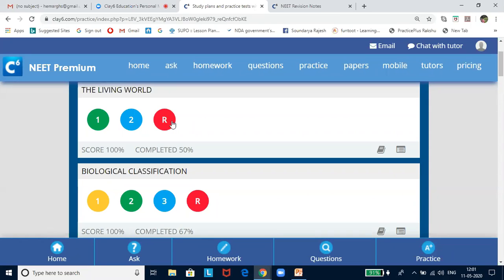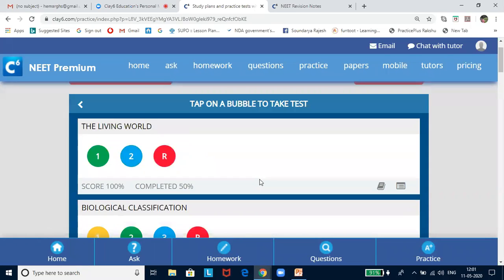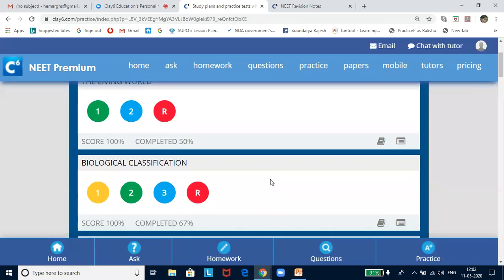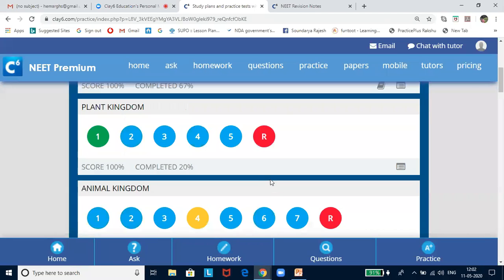And this red bubble R shows that it is a randomized test. After doing all this, if you get back here, you can see how well you can recollect, since it is a mixed bag. That's why it's called a randomized test. If it is yellow, you might have started the test but not completed it. The possibilities are that you might not have prepared well for the test, or your net connection might have been bad, or whatever the reason. If you have not completed the test, it is indicating that you need to complete the test and then carry on. So we will look into these details later.